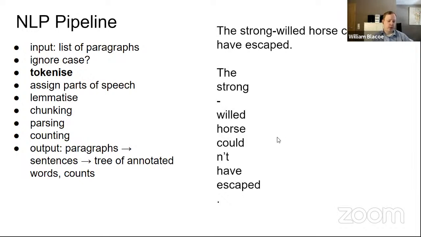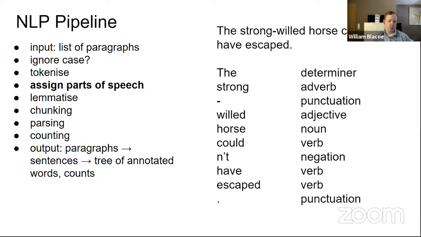And "couldn't," in other words ending in n't, like "haven't," are usually separated because n't has pretty much the same meaning every time it appears. It negates the verb in front of it. And when you remove it, you have a nicely formed verb. So that's something typically done in English, which is useful. Next, it's useful to assign each token a part of speech, whether it's a noun, verb, punctuation, and so on.